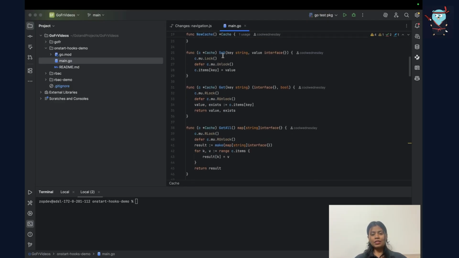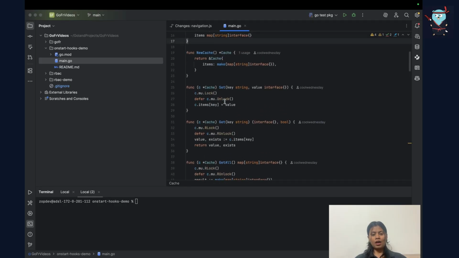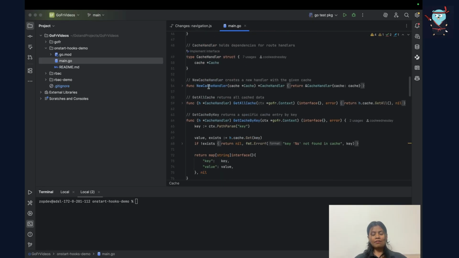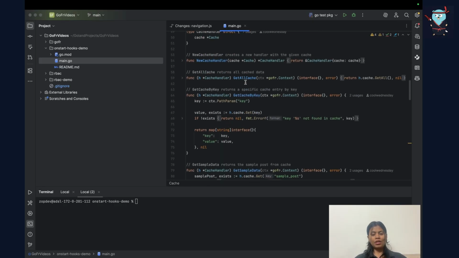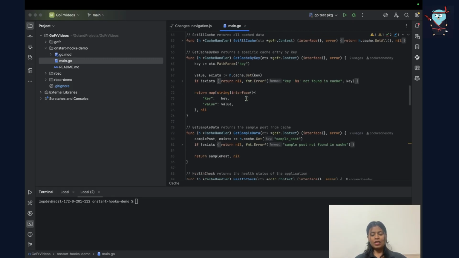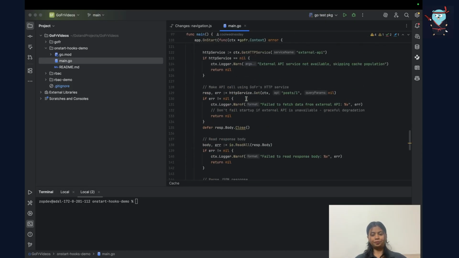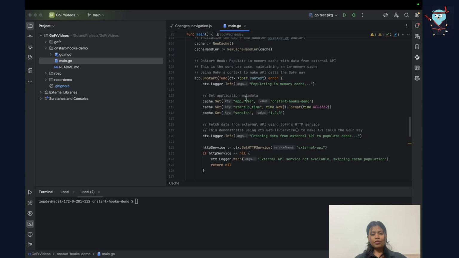We have methods like set and get all on our cache, and then we have handlers defined to get all cache, get cache by key, get sample data, etc. So if you see here, we have the OnStart hook. You initialize the OnStart hook as a method on app, as app.OnStart, which takes a function with ctx of GoFr